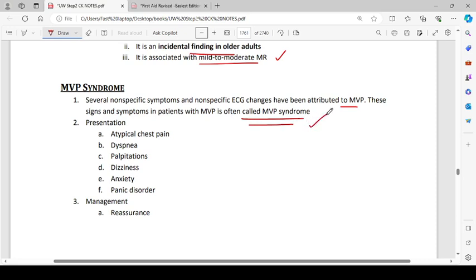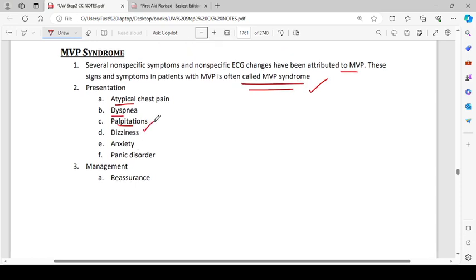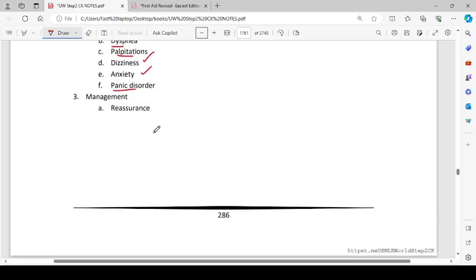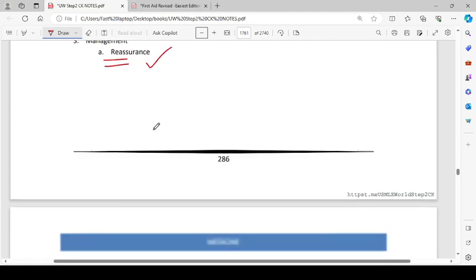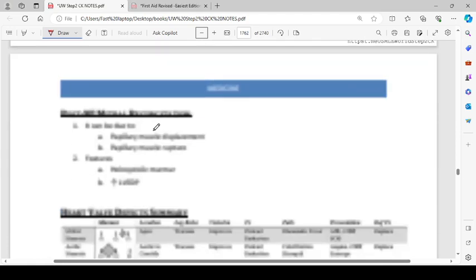Several non-specific symptoms and non-specific ECG changes, if all of them or most of them are present in a person with mitral valve prolapse, that is called mitral valve prolapse syndrome. The presentation is atypical chest pain, dyspnea, palpitations, dizziness, anxiety, and panic disorder. The management is done with reassurance. Then the next thing is